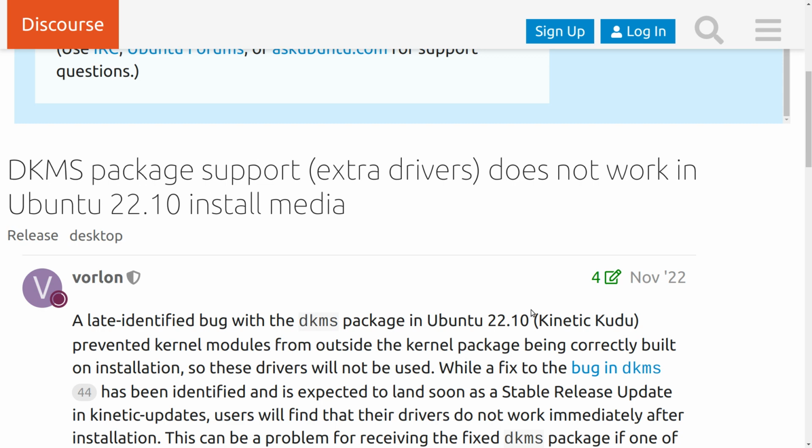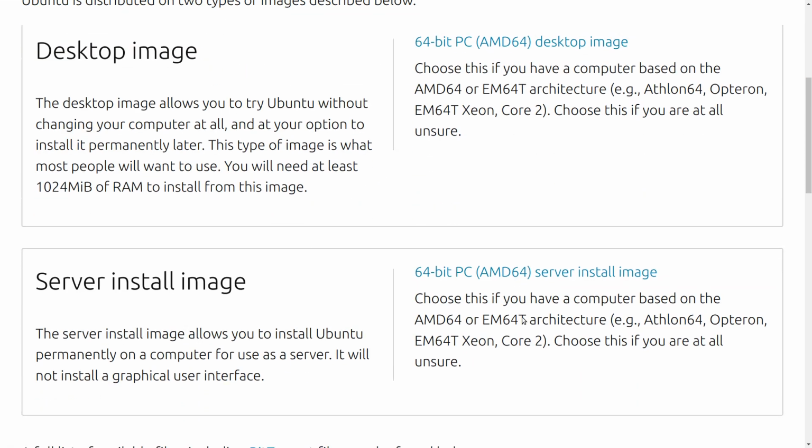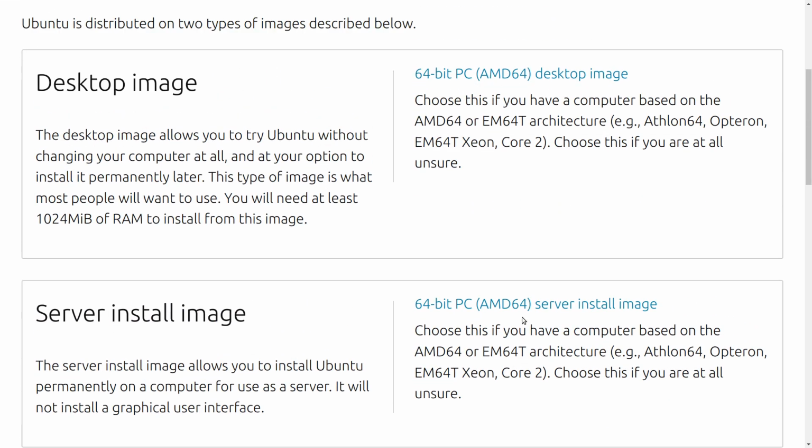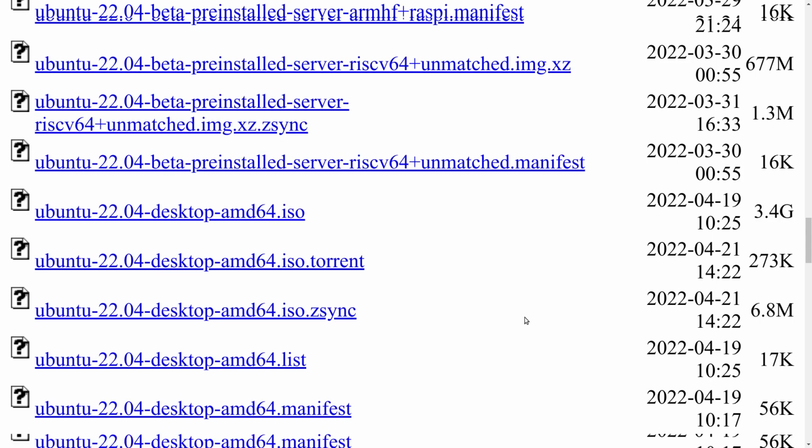That's a hardware enablement kernel, which I don't want, because the machines that I'm running are 10 years old. I don't want it so much that what I have done in the past with Ubuntu, instead of downloading the version of Ubuntu that you find on the Ubuntu webpage right here, which is usually the latest dot release, in this case it's 22.04.1 LTS, Jammy Jellyfish, I will actually navigate to this page,